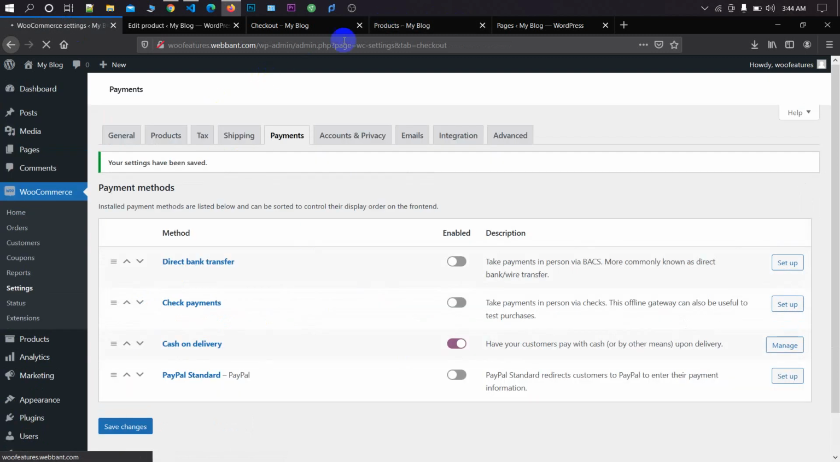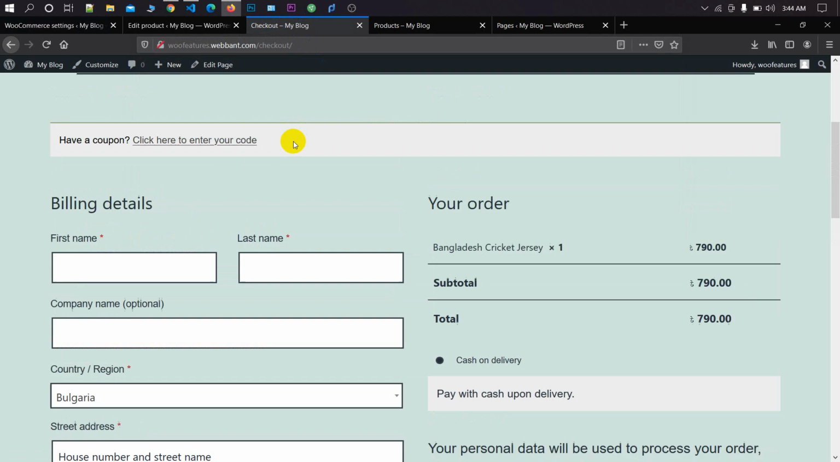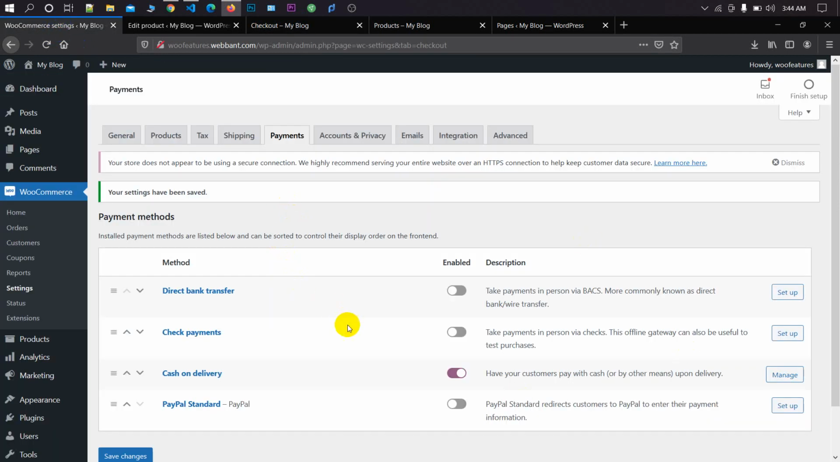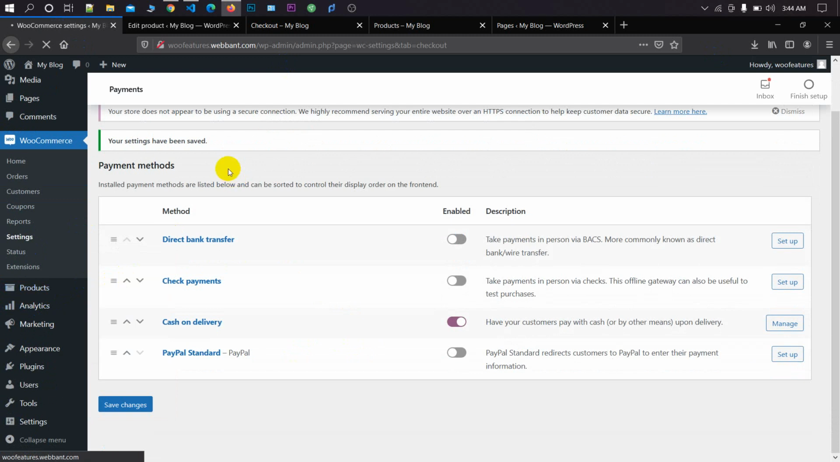And now if you go to the checkout and click to refresh, then you can see this is showing: pay with cash upon delivery. So when your product is on your doorstep, then you can pay the delivery boy and receive your product. So this is how cash on delivery works. Okay, so back to the products, then all products,